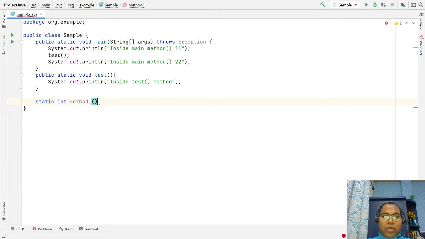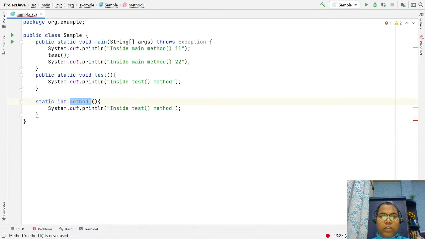You invoke it, check a condition, and return some value.